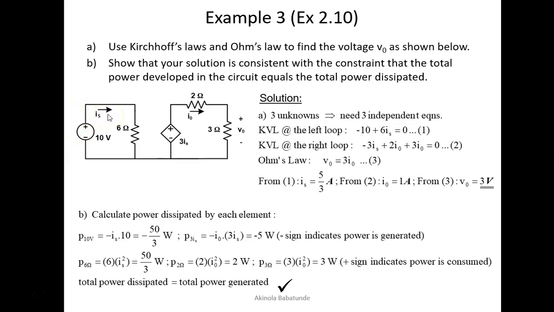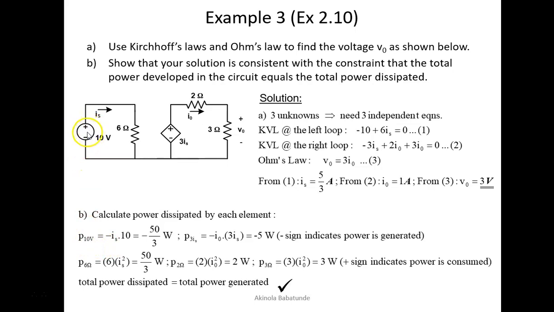If you have not seen the previous lesson, please go and check it and understand how we explain the basics of assigning a positive or negative sign to power when analyzing a circuit. Since the current is leaving this circuit here, we assign a negative value to the current. It becomes minus Is multiplied by the voltage, 10 volts, and that gives us the value of the power across